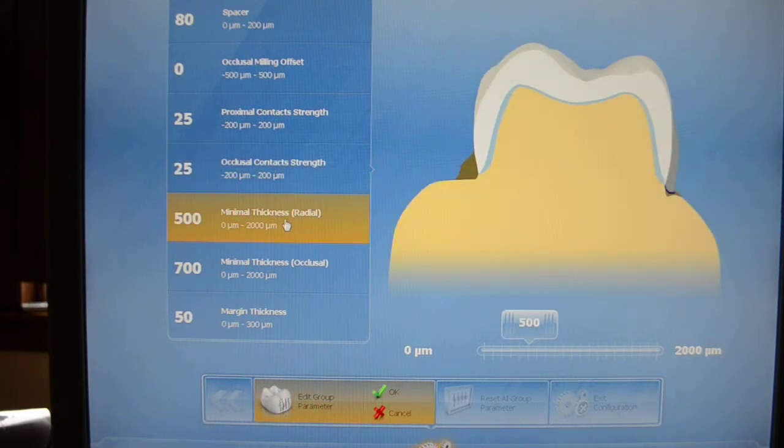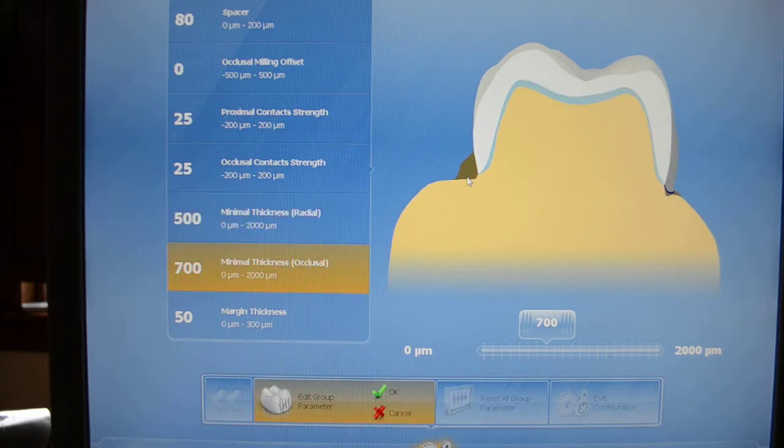Minimal thickness, both of these, whether it's radial, so what's going around the sides of the tooth, the buccal, the lingual, the mesial, and distal, or minimal thickness occlusal, is basically you telling CEREC never to make a restoration thinner than whatever number you choose. Now there's an advantage, even though we know most all ceramic materials should be built at minimum 1.5 to 2 millimeters thick, there are reasons why you want to have this setting a little bit less than that. And we'll get into that later as you get into the software more and more, and it'll make more sense. Last but not least,